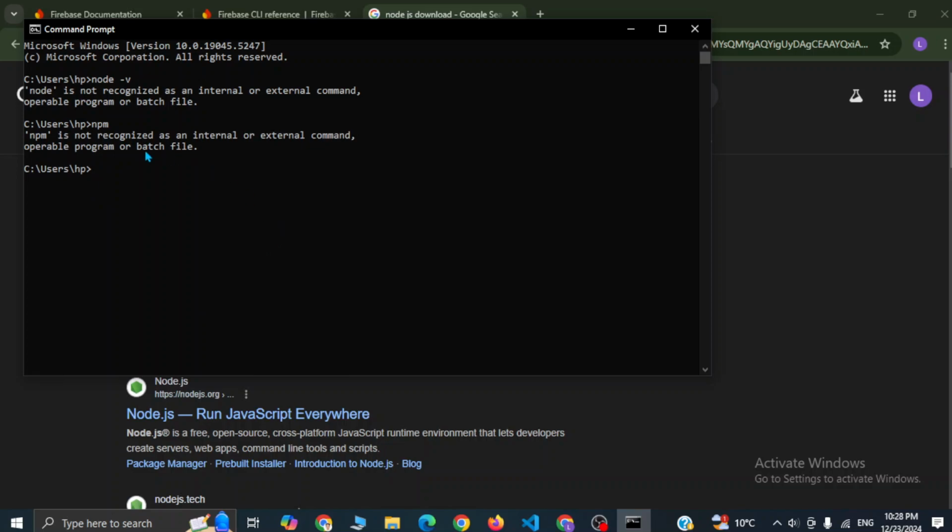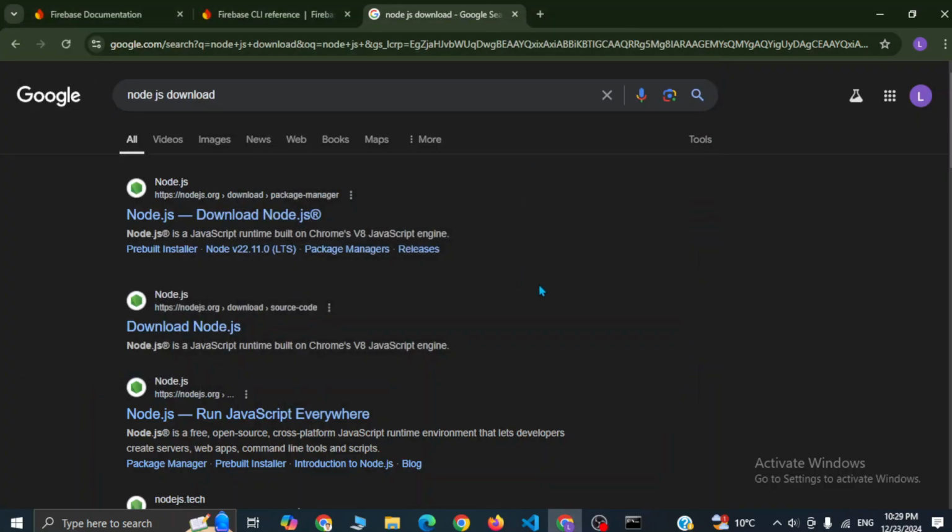It says npm command is not recognized as an internal or external command, so this means Node.js is not installed in your system. As I have recently uninstalled Node.js to make this tutorial, it will not work now. I will show how you can install and make everything up and running. Okay, so let's download Node.js first,